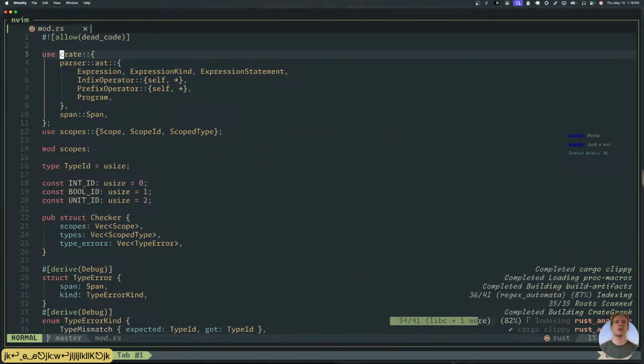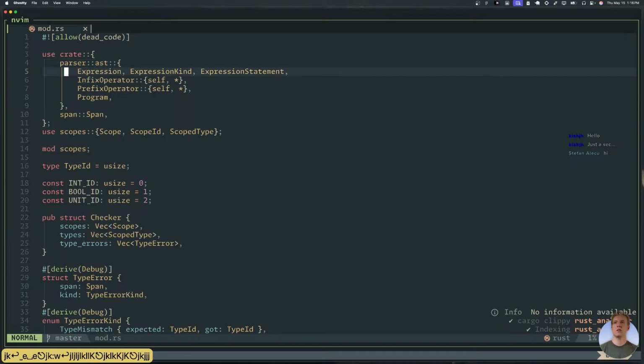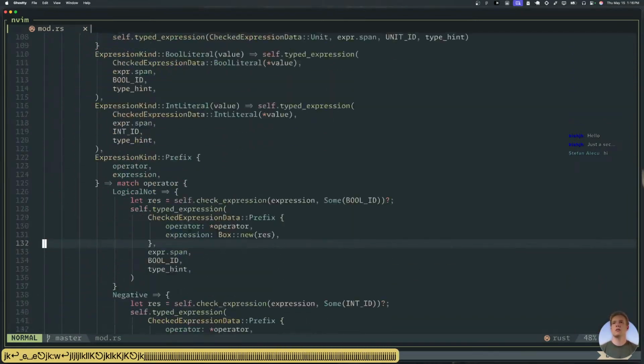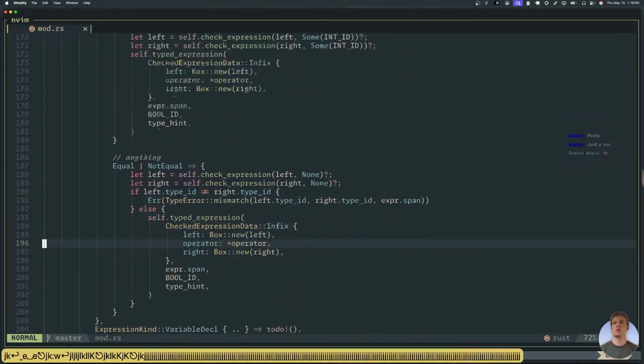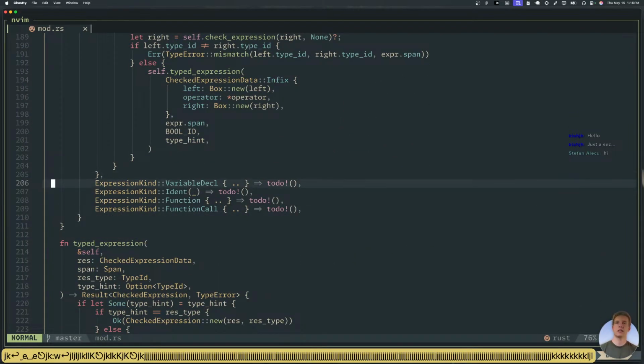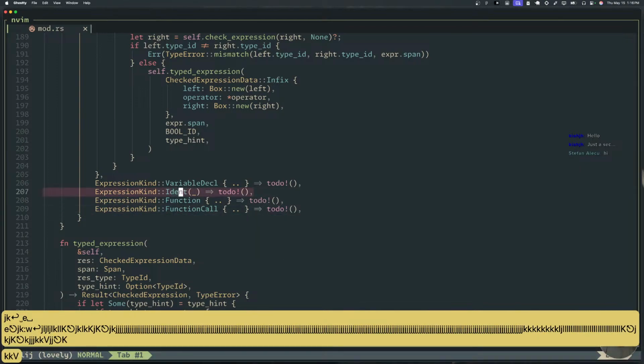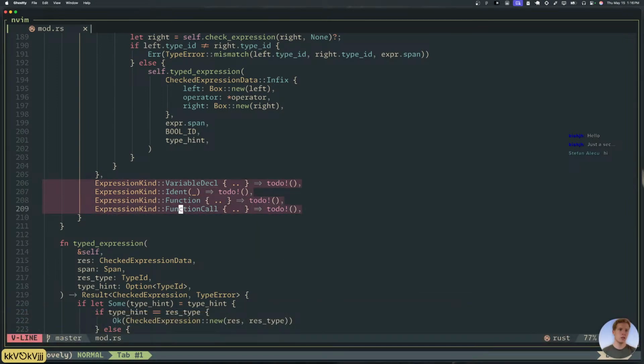There's always more to type check. So variable decls, idents, functions, and function calls. These are all the other kinds of expressions. As soon as we're type checking all these, we're type checking everything that we have